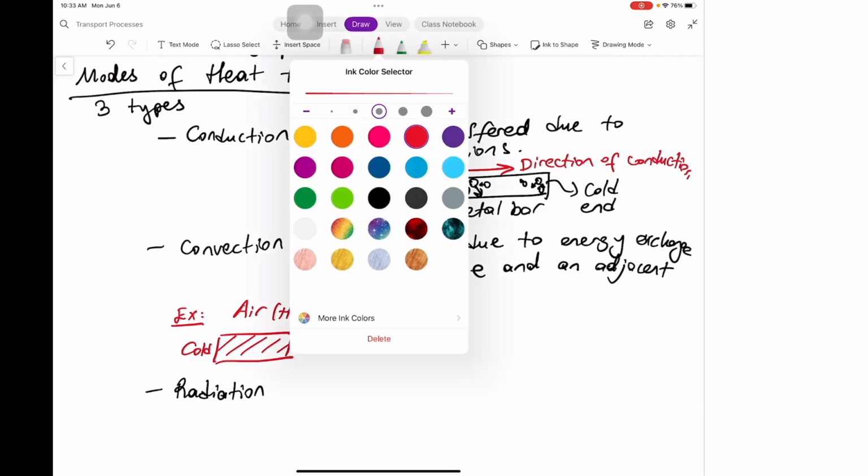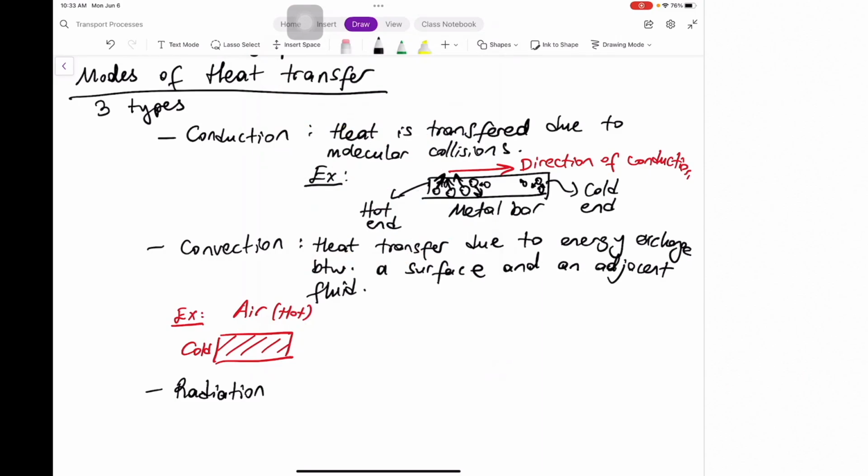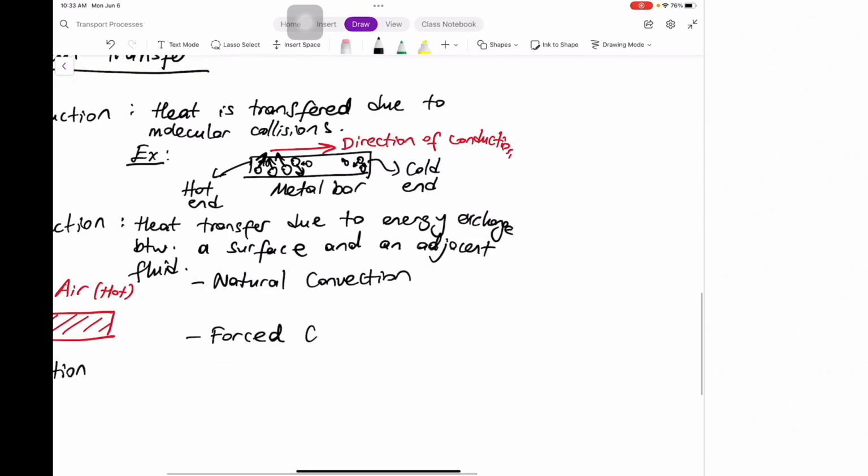And it can come in two forms. The convection can come in two forms. One is called natural convection. The other is called forced convection. Okay, and in natural convection,